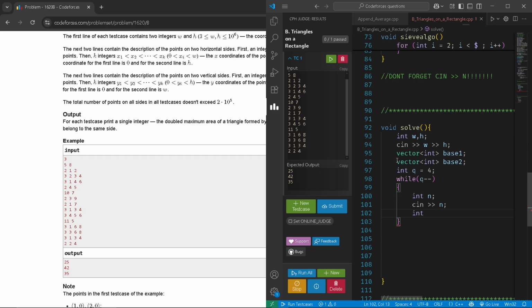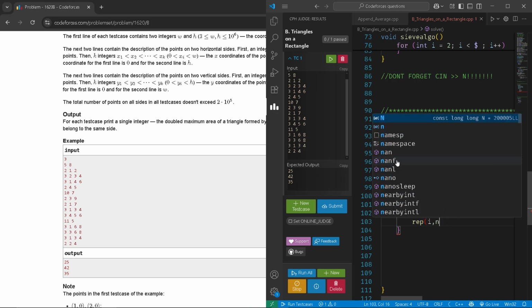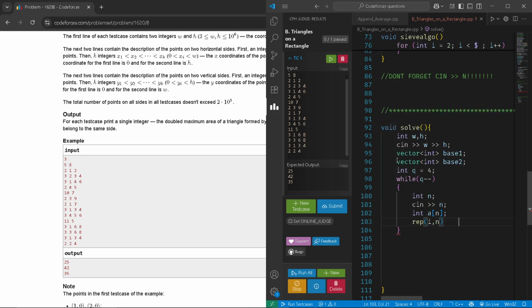Okay, n log n is fine for me. Now rep i comma n, cin a[i], then sort a comma a plus n, then what I'll do is